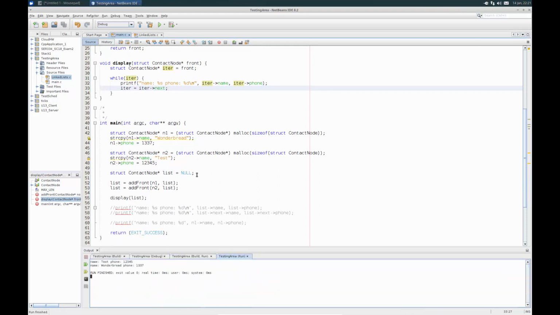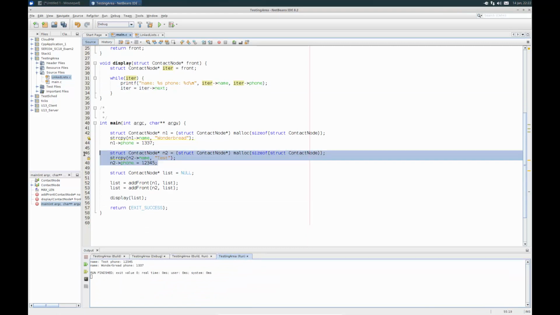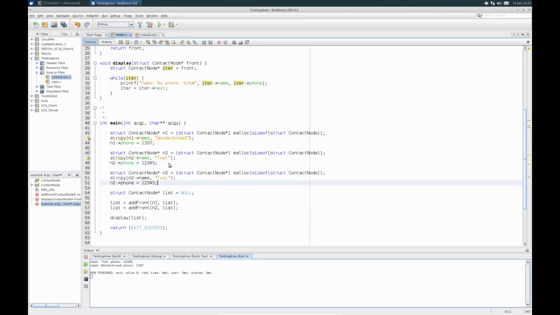And there we go, we see our output. We had 2 nodes in there, and we see both of them. Now let's actually go ahead and add one more node just to make sure that this really is working how we intend. So we'll call this node 3, and we'll call this hello, and we'll call this 6789. Well, I guess I'll put a 0. Put in a 0, all right. So we have something like that. Okay, so that's a 3rd node.